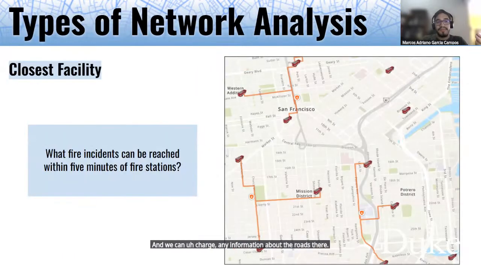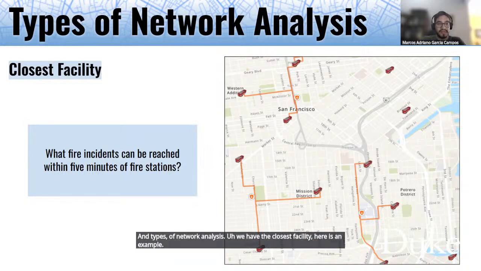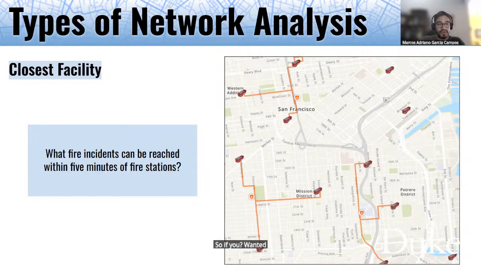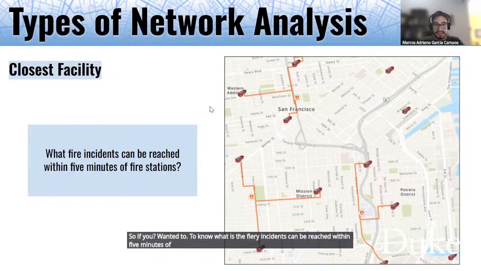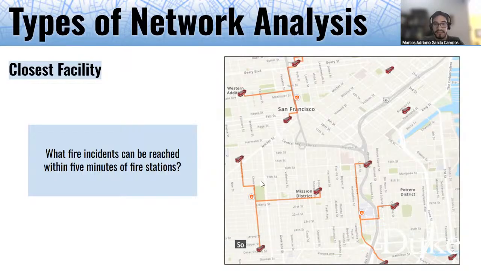And types of network analysis. We have the closest facility. Here is an example. If you want to know which fire incidents can be reached within 5 minutes of the fire station, I have a map, I have information on fires here, and I want to know what is the fire,